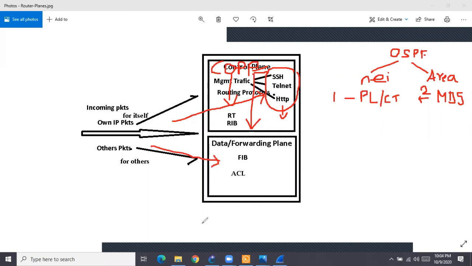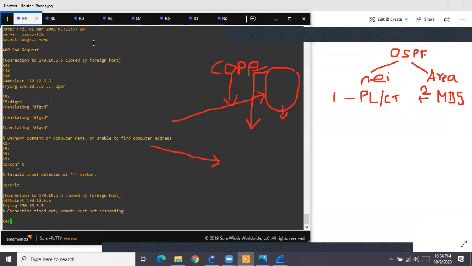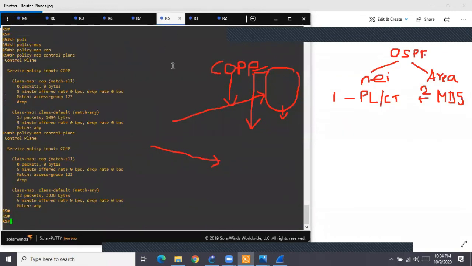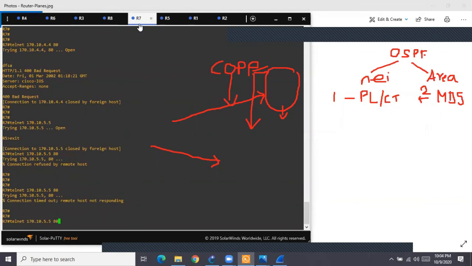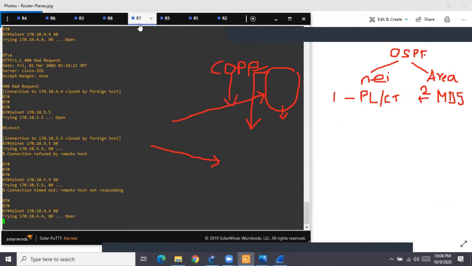How about the traffic, how about telnet and HTTP to R4, which is behind R5? Because in R5 I have an access list which says permit TCP any, that means any source, any destination. Let us see now. R7 was previously able to do HTTP to R4, that is still working.